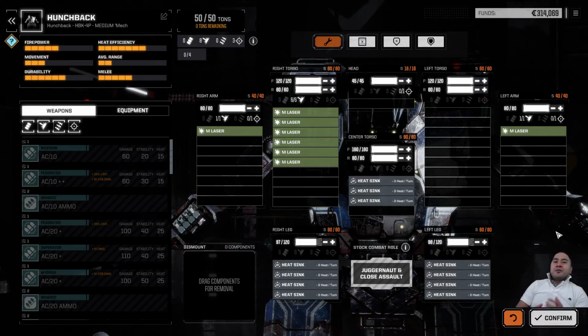These are the mechs that are going to be in the front. They're going to be taking the brunt of the enemy onslaught, so you want to have as much armor as possible. Now with this exact tactic,